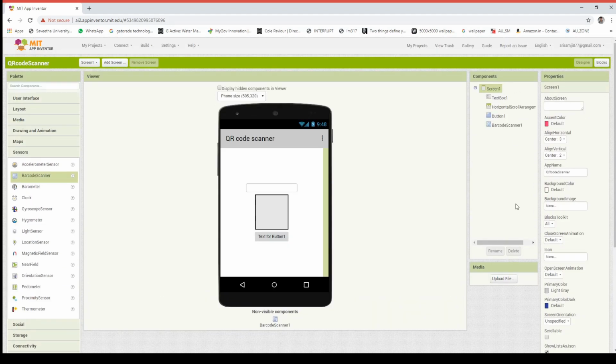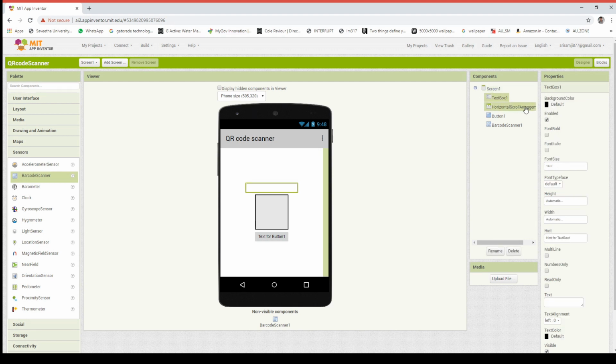Next select text box 1 and here change the color, font size, text size and color for our requirement.